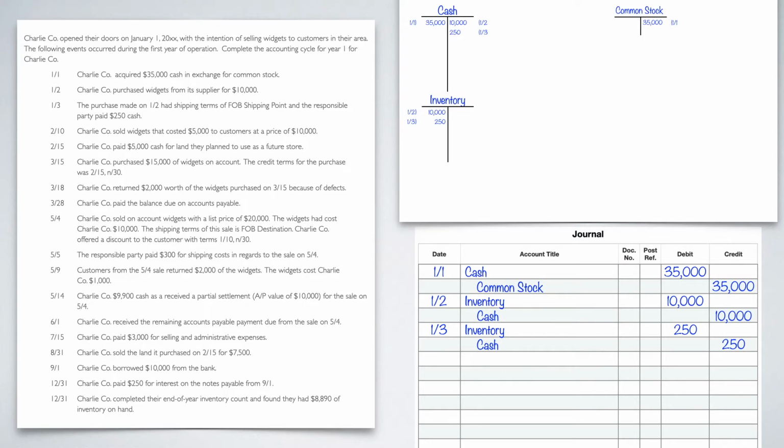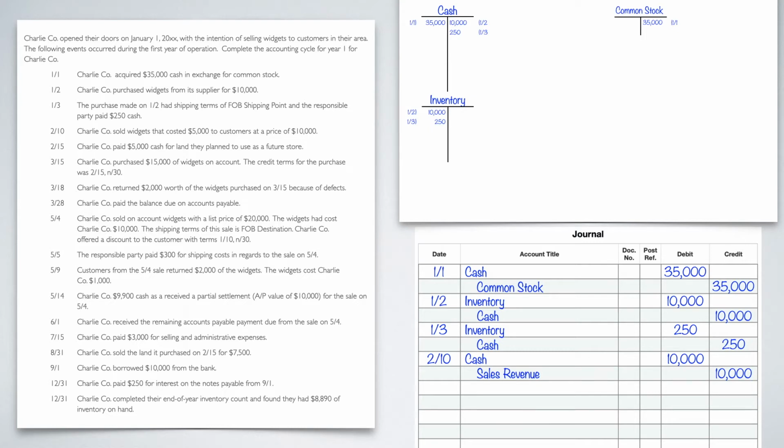Our cash is going up because our customers paid for it. So cash, and we're going to put the hopefully higher amount. You definitely don't want the lower amount to go in cash because that's a bad business plan. So cash of $10,000. The counterpart to cash is, well, we earn this $10,000. So what do we do with the things we earn? Well, we report them as revenue. And so we're going to call it credit sales revenue for the same $10,000. Now that's half of it.